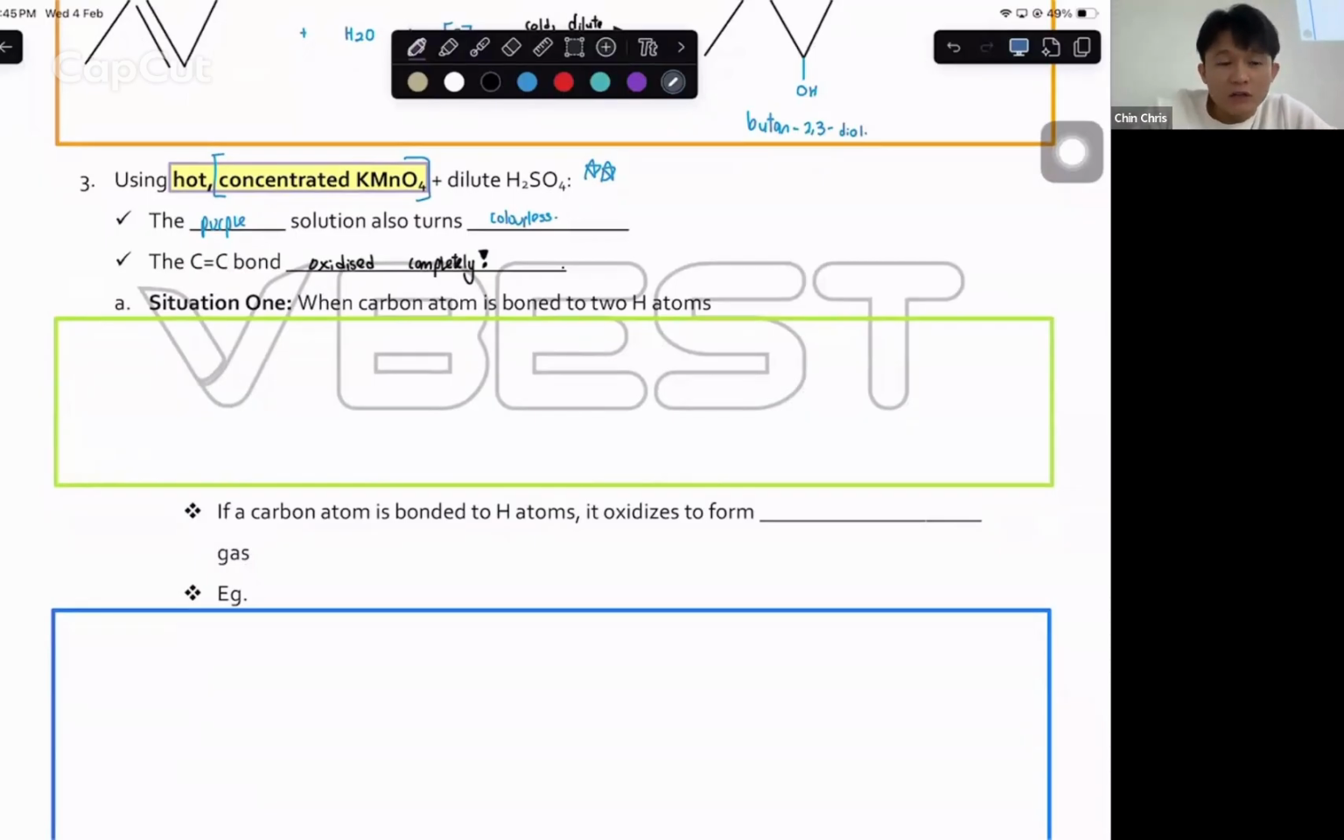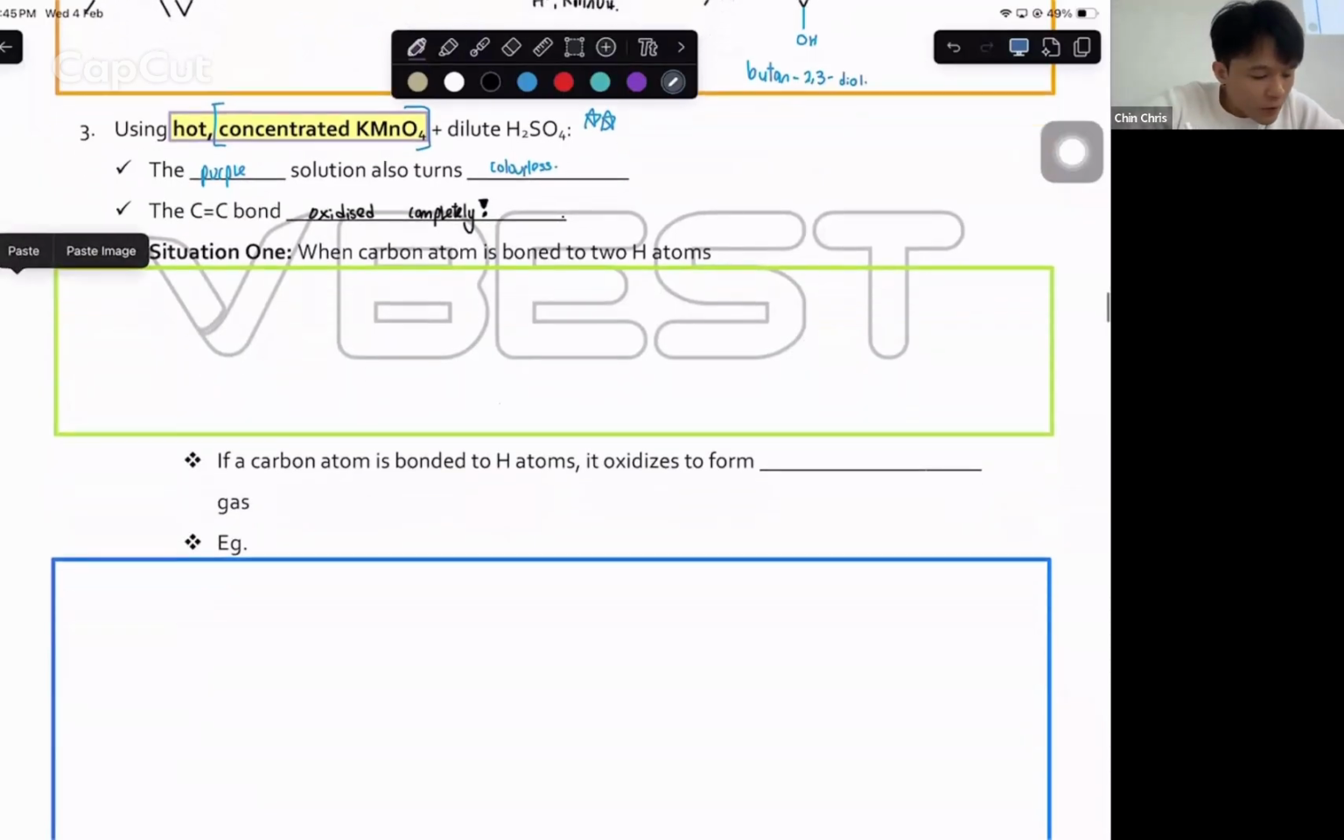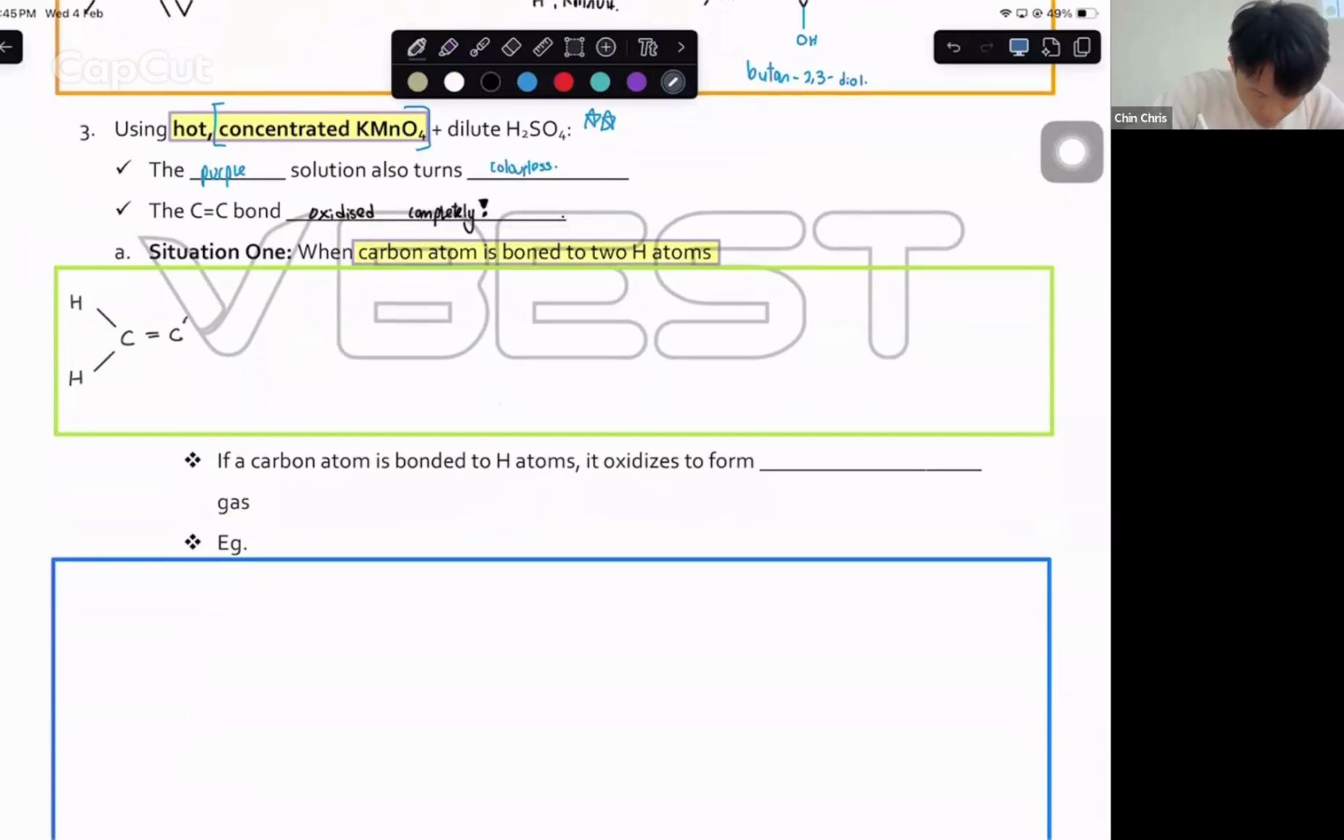All right, guys, now let's look at the first example or first situation. I have a C double bond C. Let's say the first scenario is a carbon atom bonded to two hydrogen atoms. So it looks something like that. When you have two hydrogens on one end, and if you were to oxidize it,